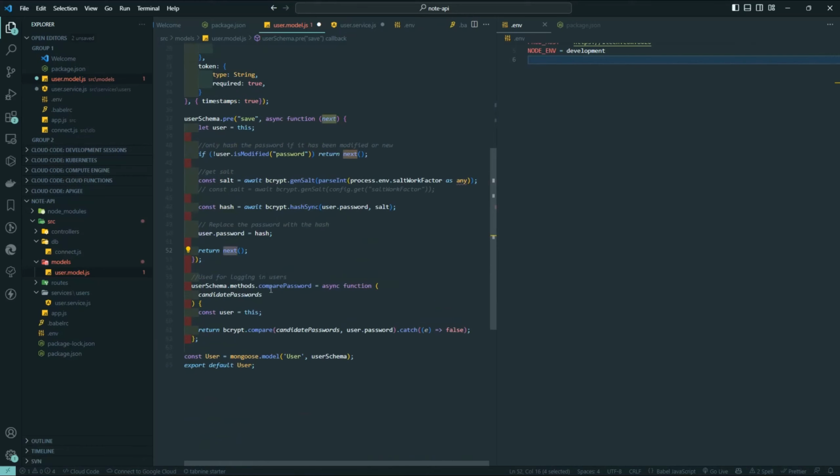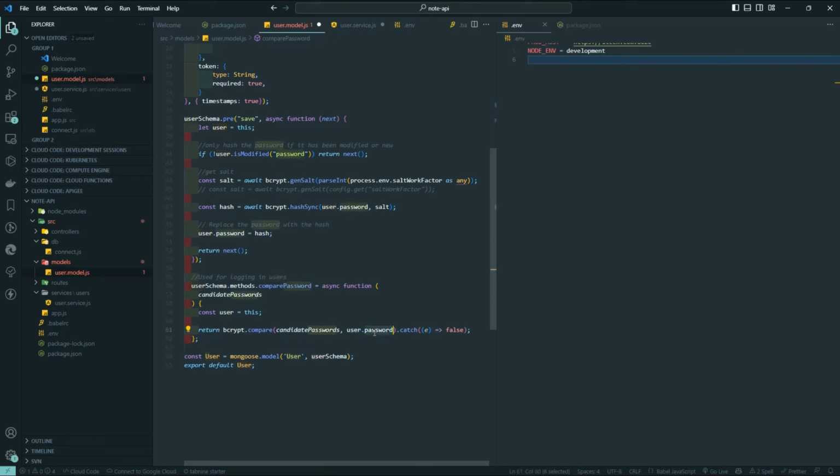So here I'm going to import bcrypt from bcrypt. So I create the salt and then the hash, which is the equivalent of the encrypted version of the password. So we replace the user password with the hash,